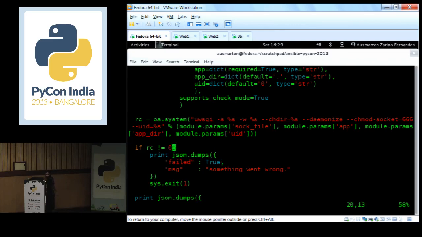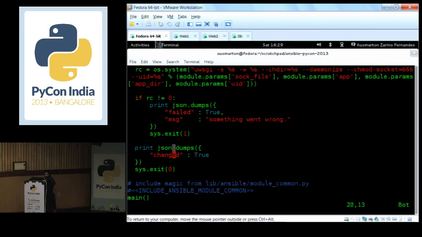Right now, in the lower part you see that we are trying to print some JSON. Ansible expects your modules to provide the response in the form of JSON, with different variables set, like whether the module failed when it was executing, the message, and you can set a number of parameters here which can be used later on in your playbooks.